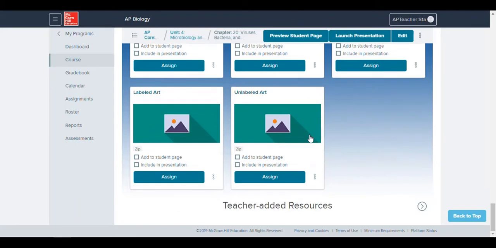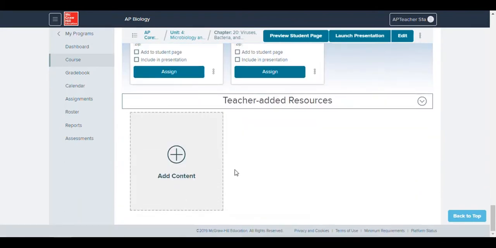So, one more thing that I'd like to show you is here at the very bottom, teacher added resources. This is a place where if you have an assignment that you love and have